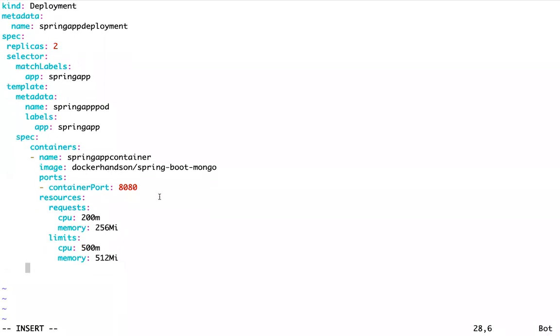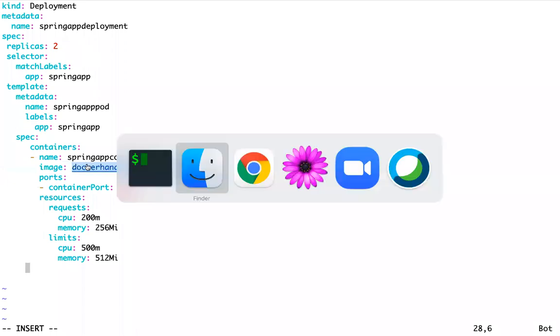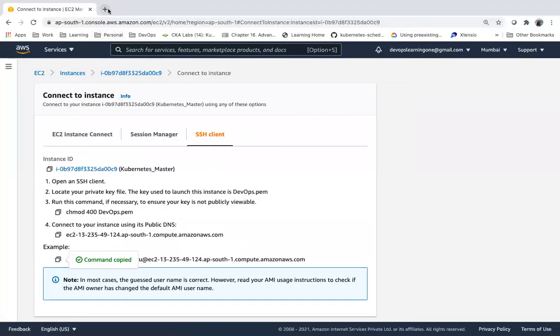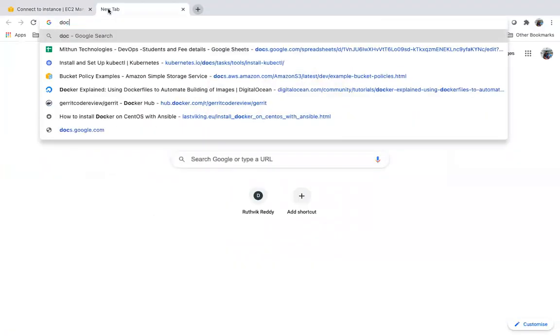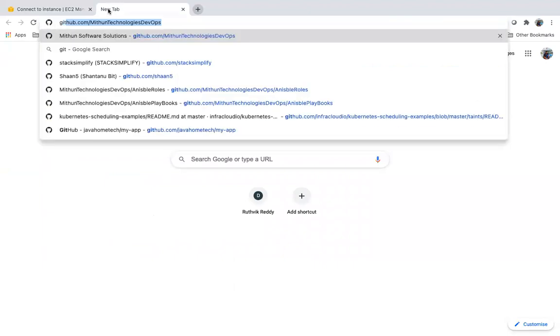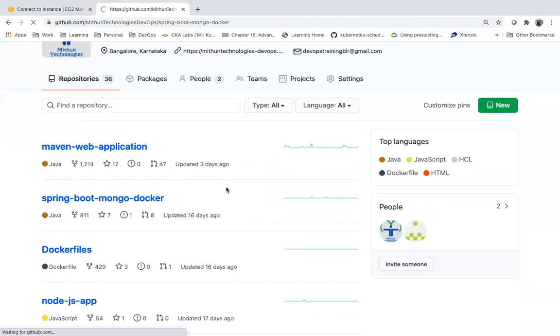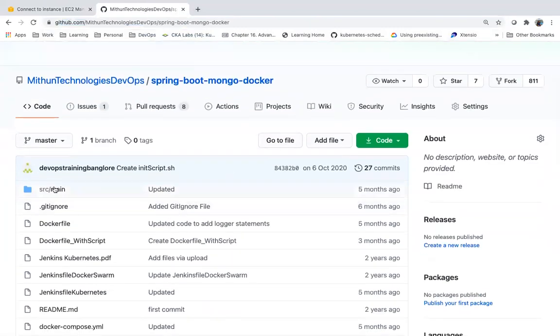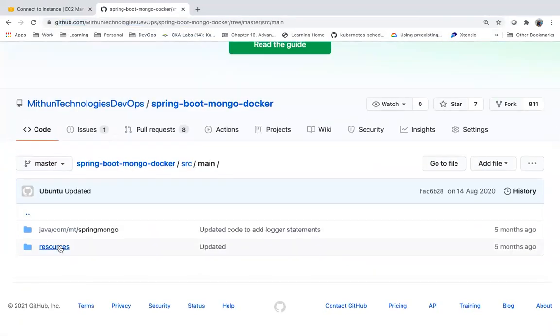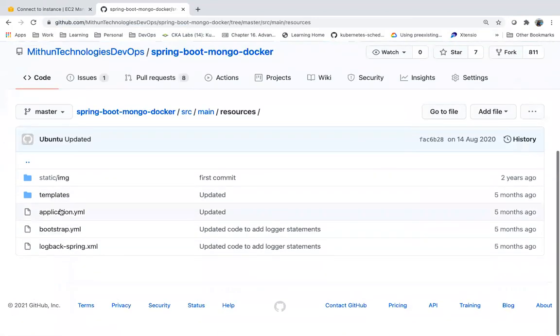And this is expecting some environment variables, right? As we already know, when we are deploying this application, this container in Docker, we were passing environment variables. This application is expecting some environment variables like database username, right? Database password as an environment variable. This is expecting some information as an environment variable,